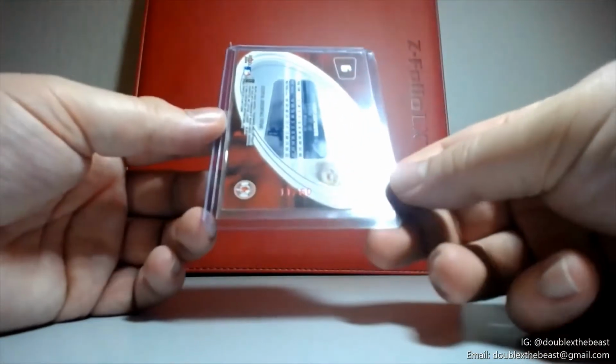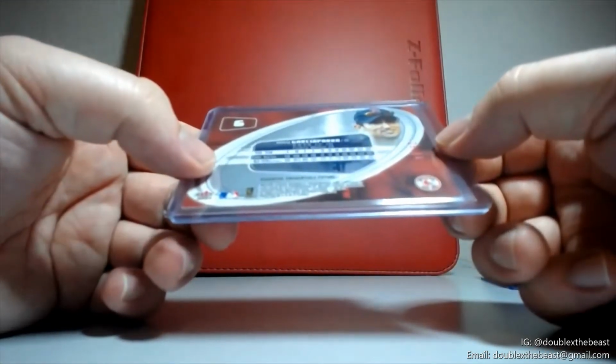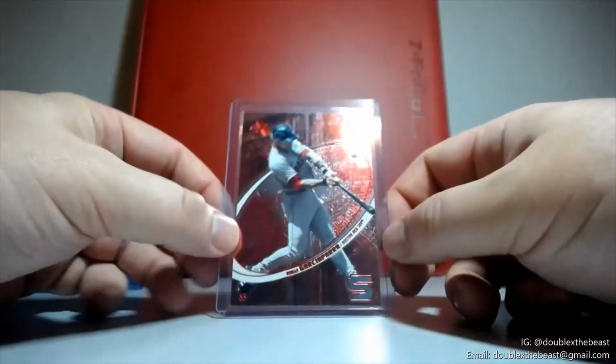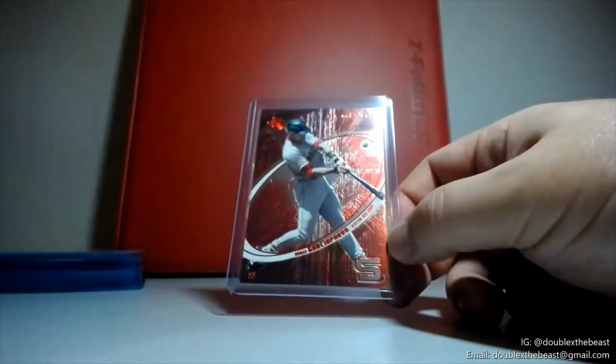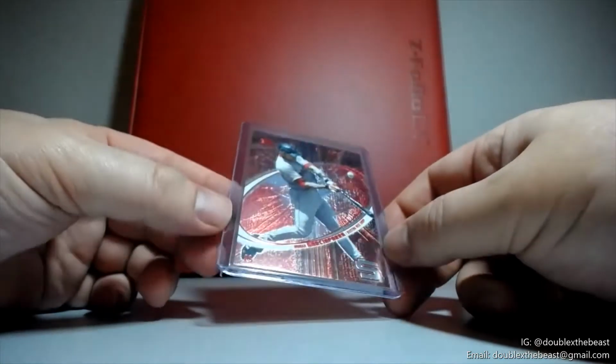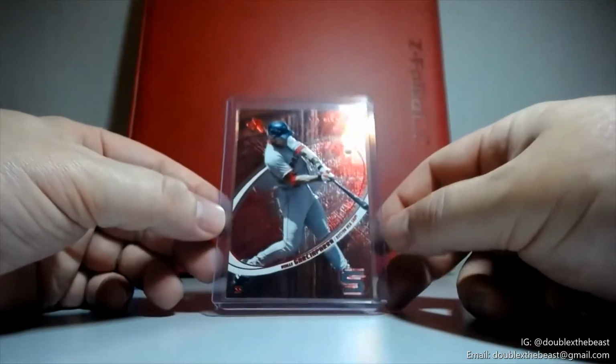If the camera's going to pick it up or not. 11 of 60, you can kind of see it. But yeah, these are nice. Oh, it's 2004. I said 3. It's 2004. That's why I was thinking the 2003s are the clear acetate ones. They're the blue and the gold acetate ones. So yeah, it's a nice looking card. It's not one of the better credentials, obviously, but